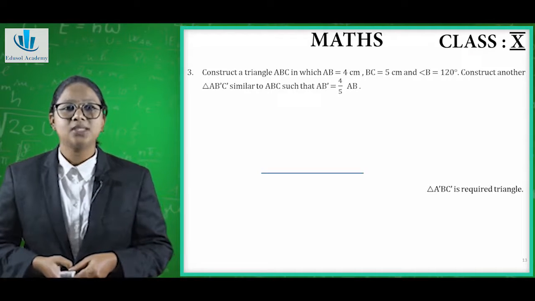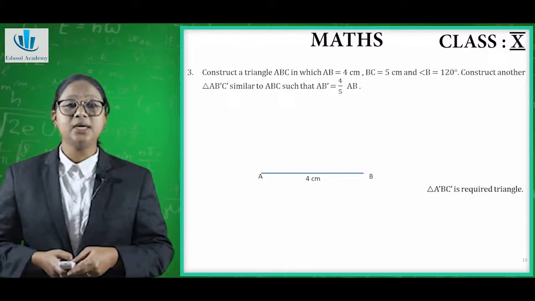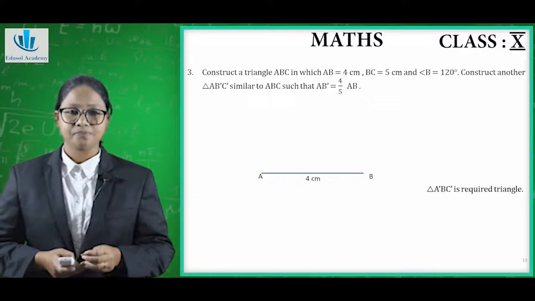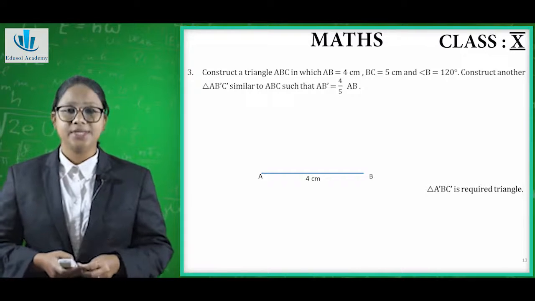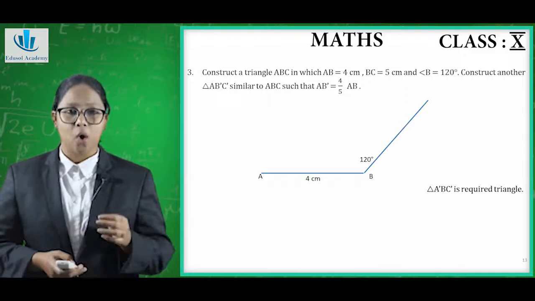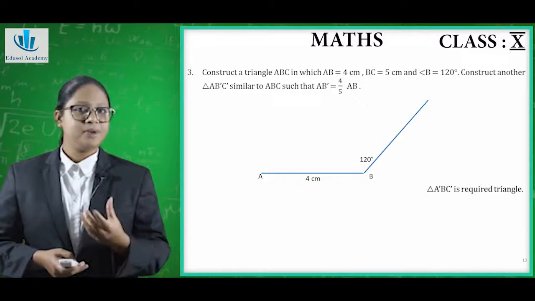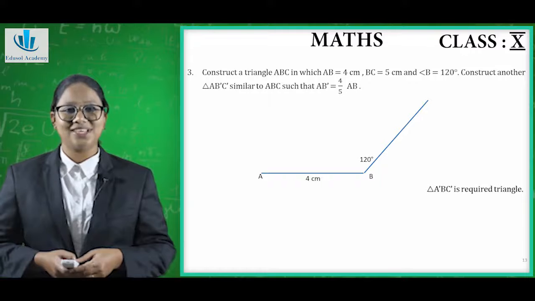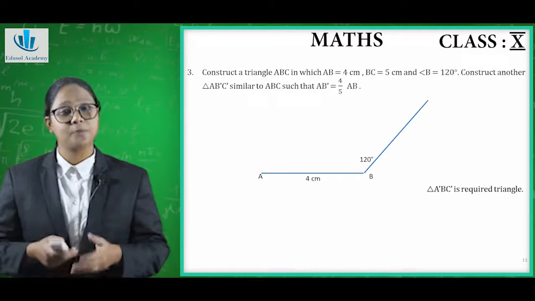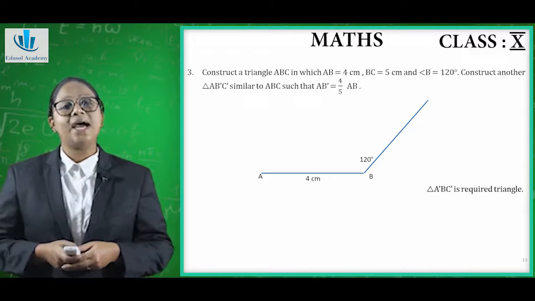So we are starting with AB 4 centimeter and with B as center, construct a 120-degree angle. You can either use a protractor or a compass method, that depends on your subject teacher as well. So I'm constructing a 120-degree angle using a protractor here. Now that will be